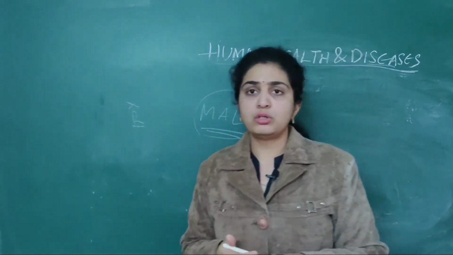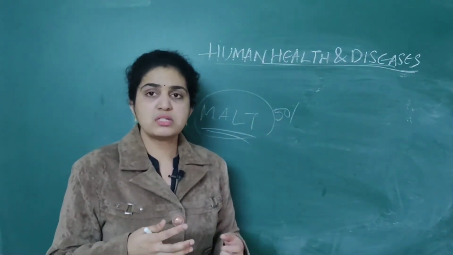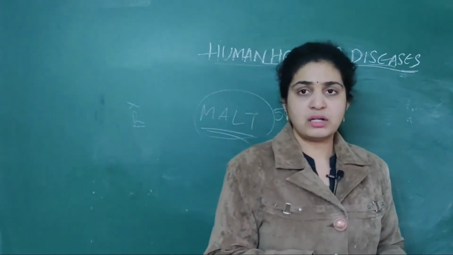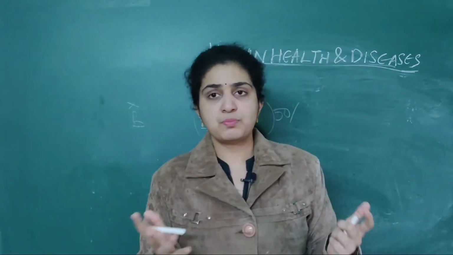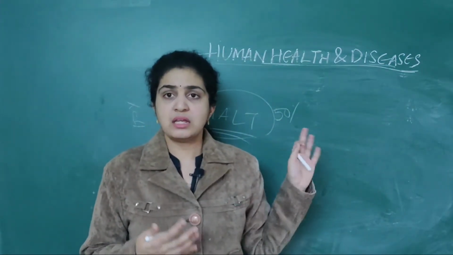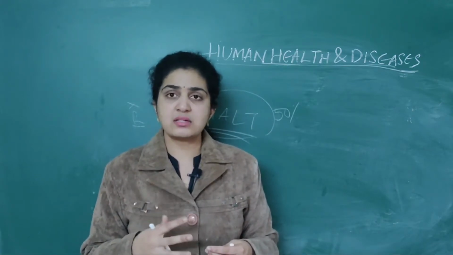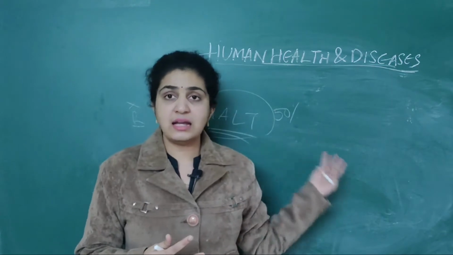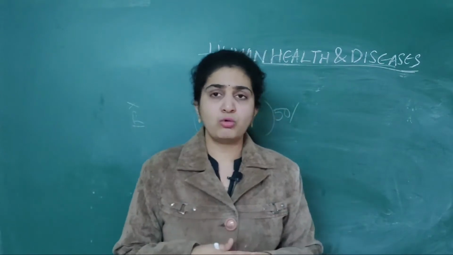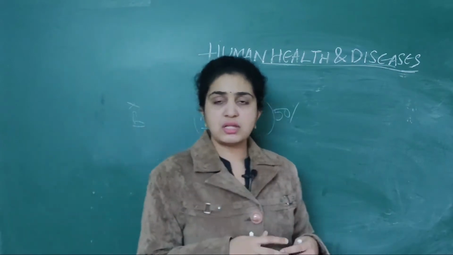Next we go to the topic called AIDS. We all know AIDS was discovered in 1981. Important NEET question: it was discovered in 1981 in one person and it spread very rapidly. Which disease has no cure? One is cancer, in extreme stages, there is no cure. AIDS is also a most fatal disease and there is no cure. Then how to cure this disease? There is no cure, only prevention is the cure.